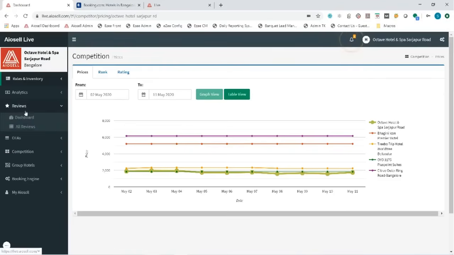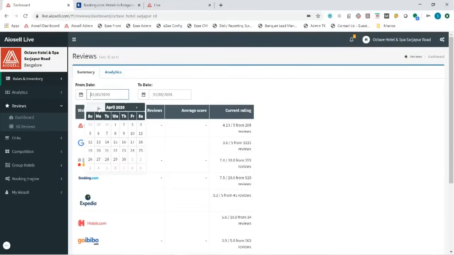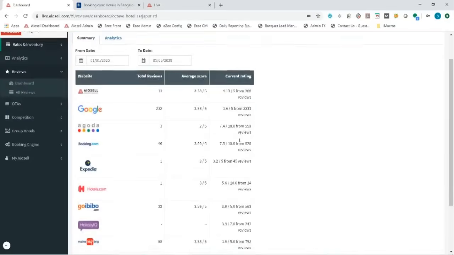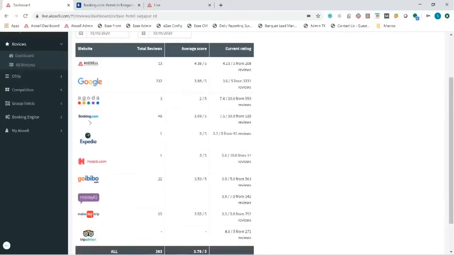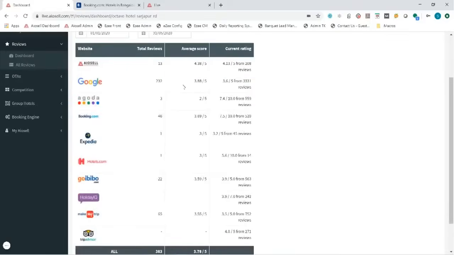The next feature we'll talk about is reviews and reputation management. Our system comes with an inbuilt reviews and reputation management system. We pull up reviews from all key OTAs and key channels like Google, TripAdvisor, Agoda, Booking.com, Expedia. For any time period, each of the reviews can be pulled into our system. It gets sent to you as a notification on email or SMS, and it can calculate average scores and your ratings on each of these